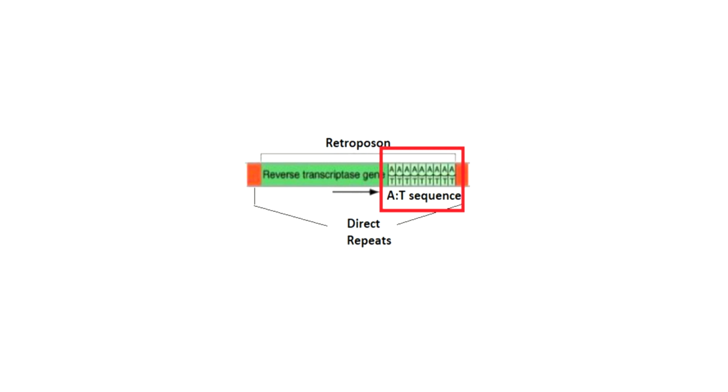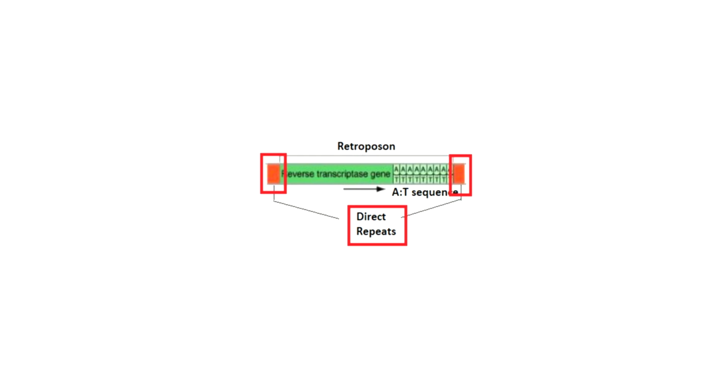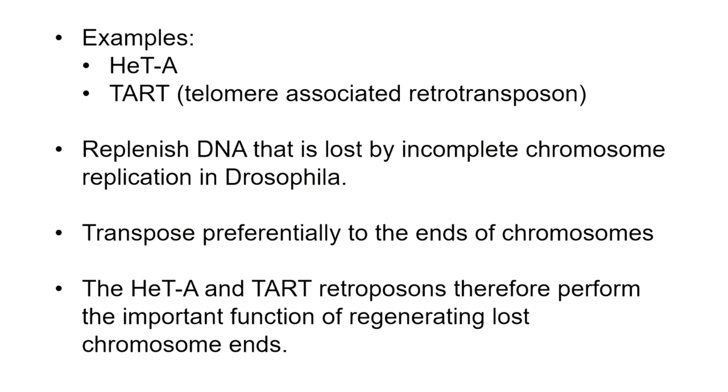So this is reverse transcribed, and it results in the formation of 80 base pairs in the double-stranded DNA that is produced. Now these elements also move through an RNA molecule that is reverse transcribed into DNA. This usually involves enzymes which are encoded by the elements themselves. Also, they create a target site duplication when they insert into a chromosome, similar to the retrovirus-like elements. So the major difference between the retrovirus-like elements and retroposons is basically the absence of long terminal repeats in retroposons. Examples of retroposons are Het-A and TART.